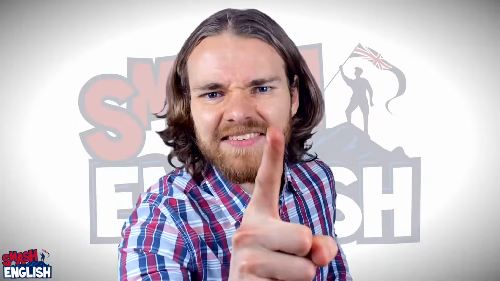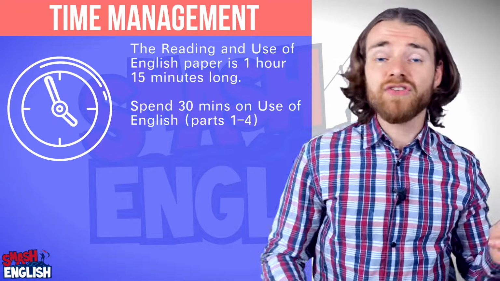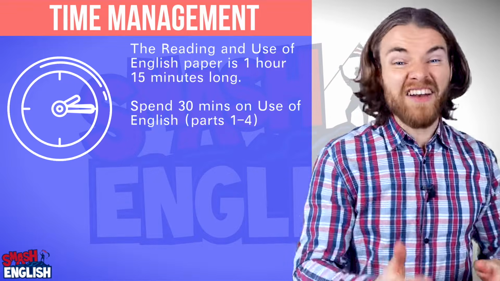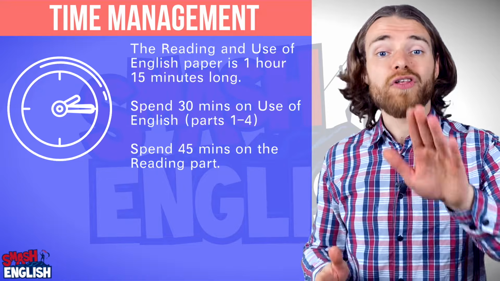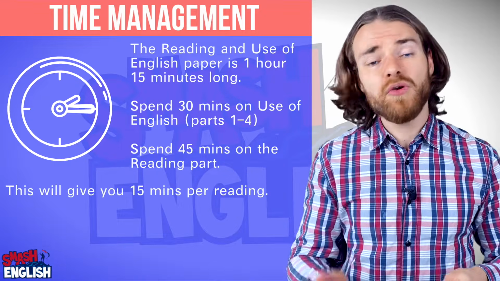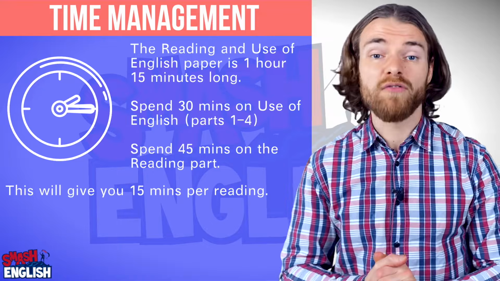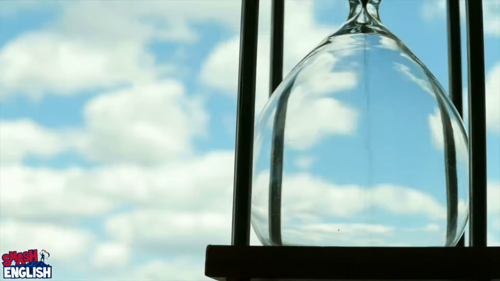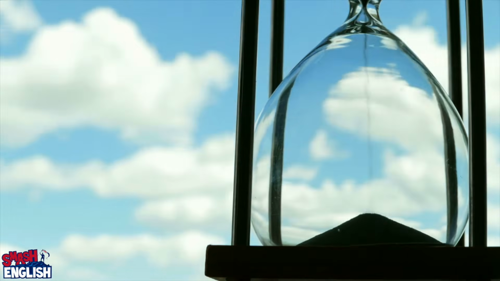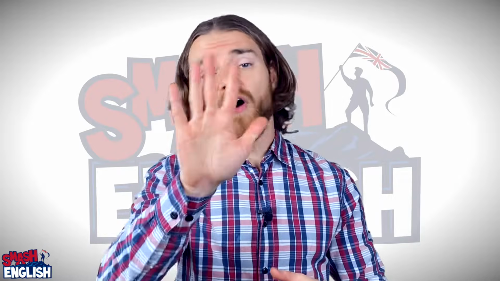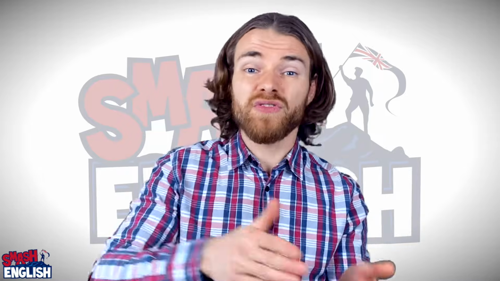Yes? Yes! I recommend spending 30 minutes on the use of English part, so that's parts 1, 2, 3 and 4, and then 45 minutes on the reading part. This will give you 15 minutes for each part of the reading section of the Reading and Use of English paper. And 15 minutes is the perfect amount of time. So then, what do you need to do for part 5 of the B2 First Use of English and Reading